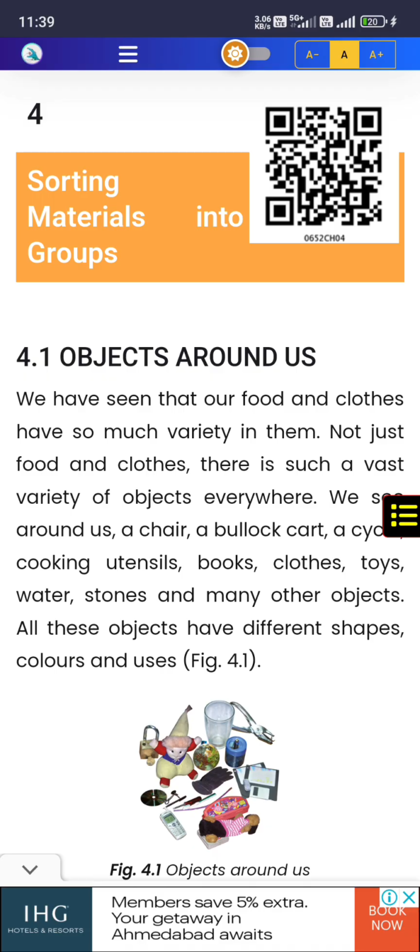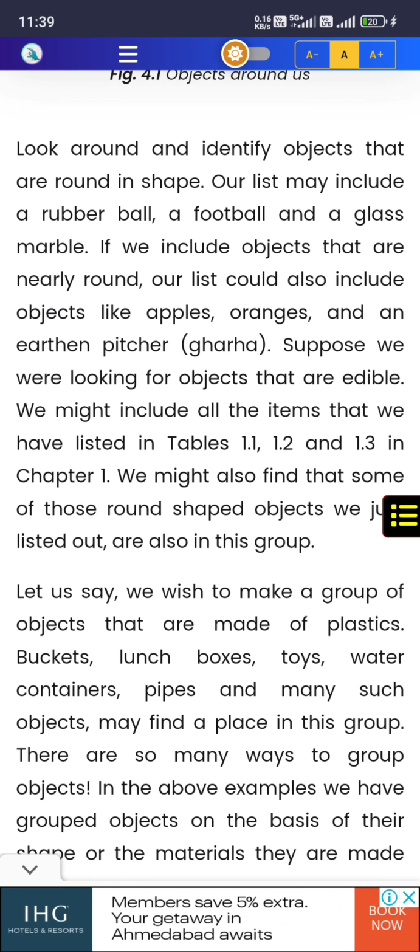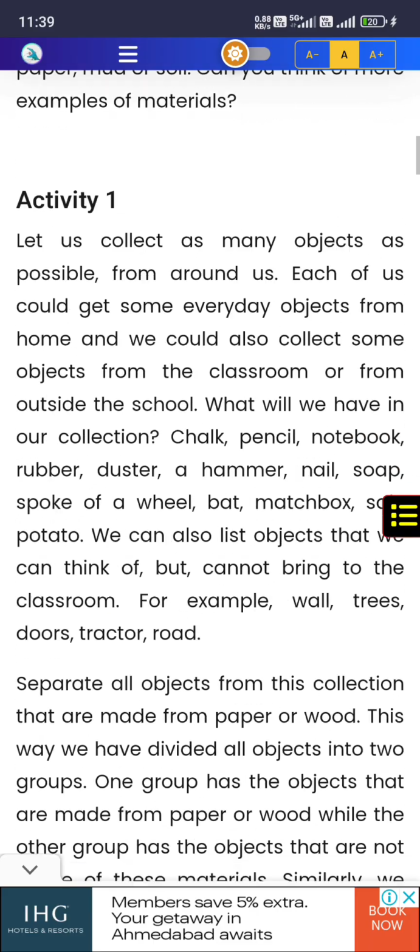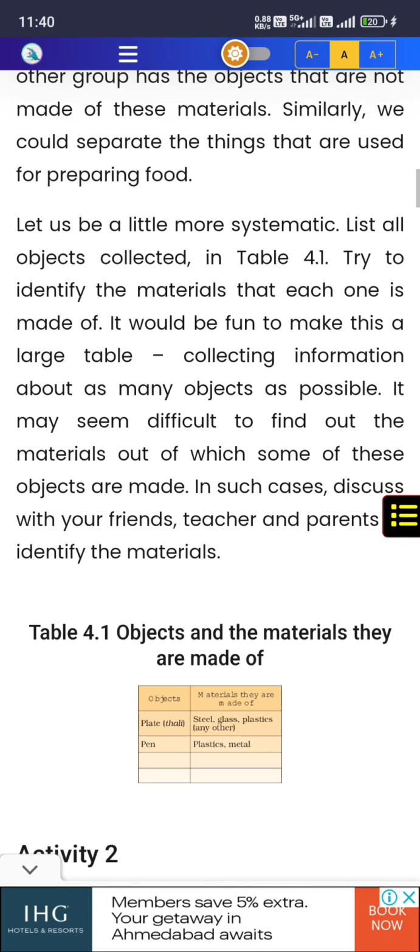such as your pencil box, your tiffin box, the pencil that you use, the eraser that you use, the desk that you sit on, the diary, your computer, your phone cover, photo frame, jug, tumbler, cup, saucer. All these things are objects. So this chapter tells you how one object is different from another and how can you separate different objects based on their properties. So first activity is about collecting different objects,